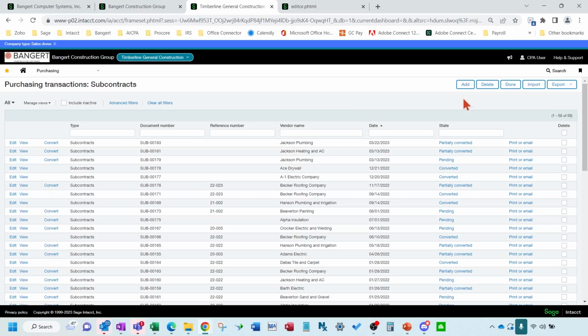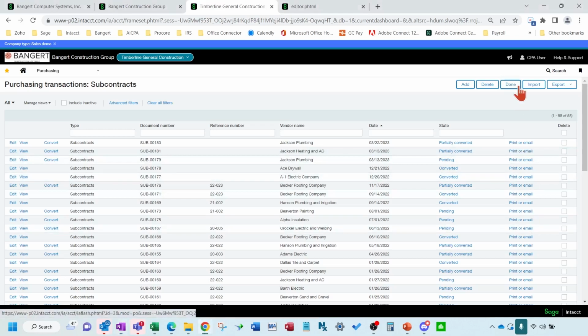Okay, so to send out a bunch of subcontracts all at once, let's say PMs create the subcontracts and you have maybe accounting send them out at the end of the day, every day or something, you can do a mass email process to get those to go out all at once. So you don't have to come in here one by one and do them.